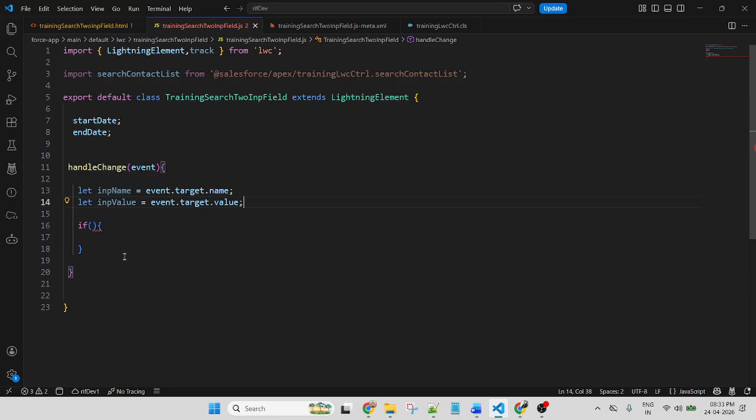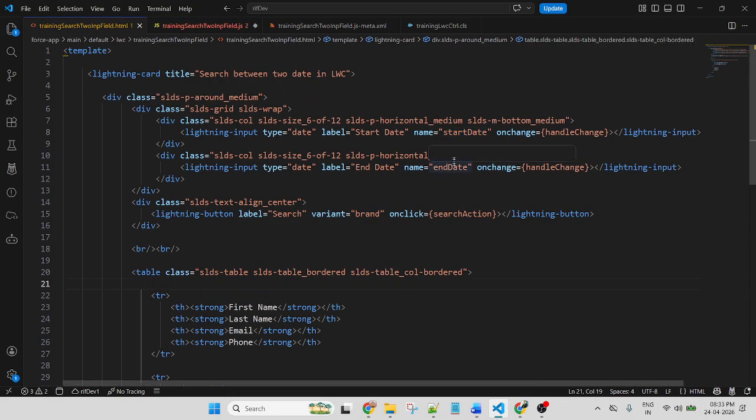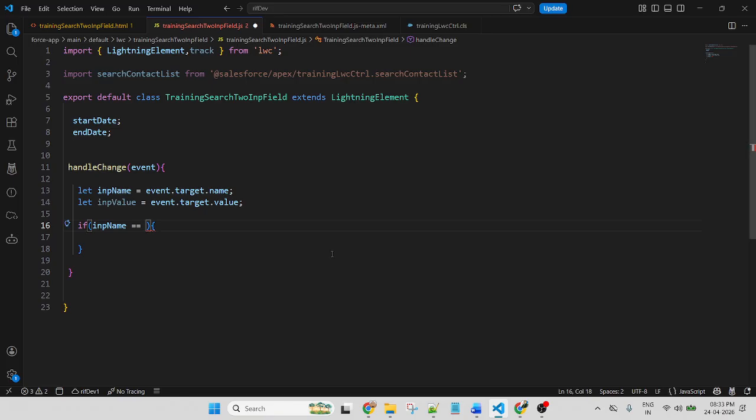Based on the condition, here I will check if this input name double equal to this start date, this name, then the value will be stored inside this variable. This dot start date equal to this input value.